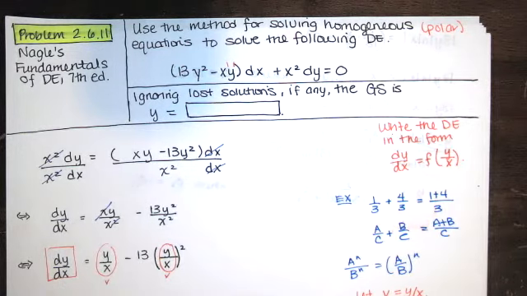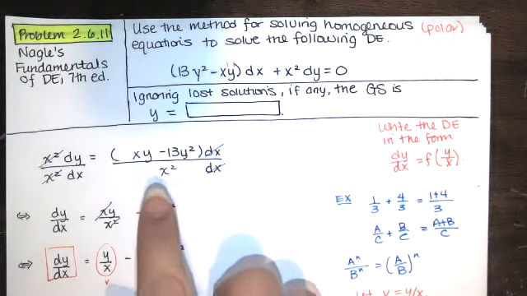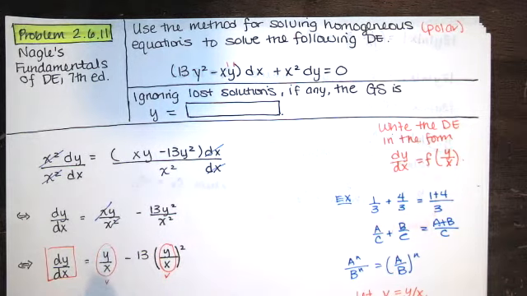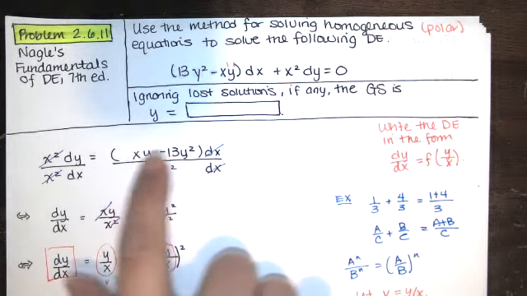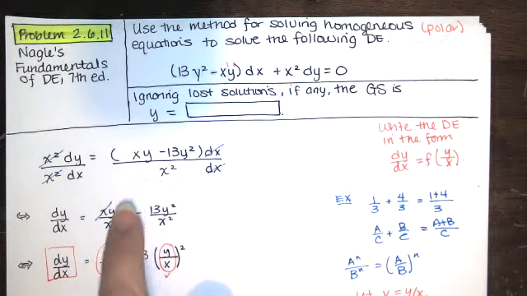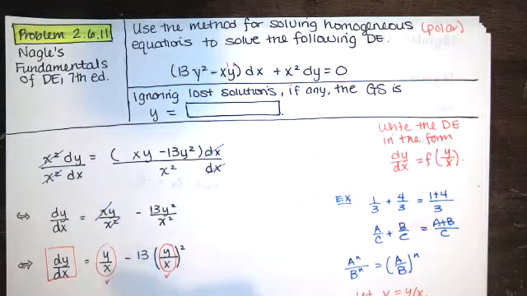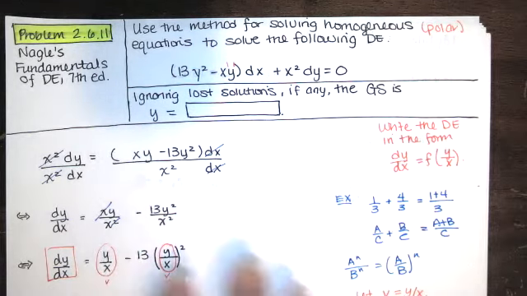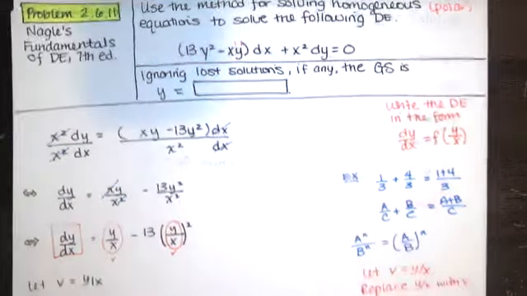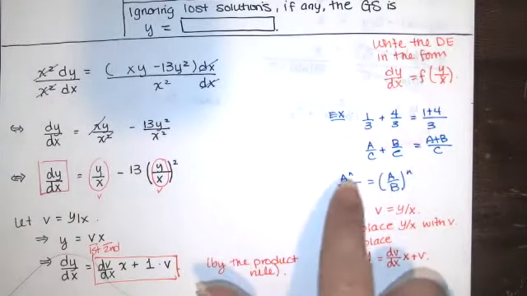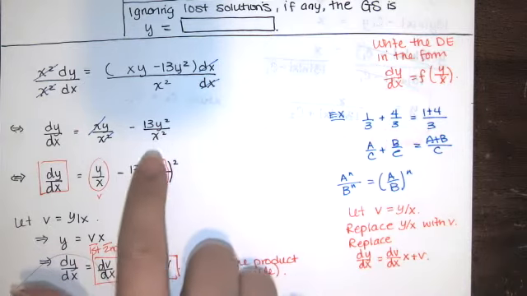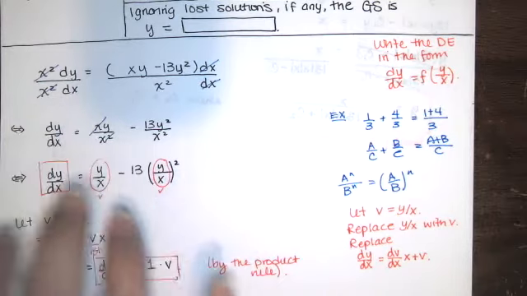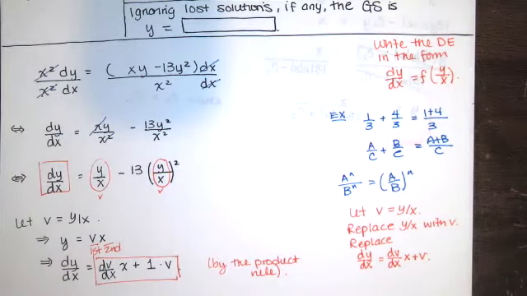y over x alone. In this case, the easiest way to do that was to take each of these terms and divide by x squared. Another option would be to divide the numerator by x squared and the denominator by x squared. But when you do that, you end up with a 1 in the denominator, which gives you the same result. And then we had to use some exponent properties. We had to remember that this was equal to this to see that y squared over x squared is that. So we get here, and then the idea is to take this and write it entirely in terms of